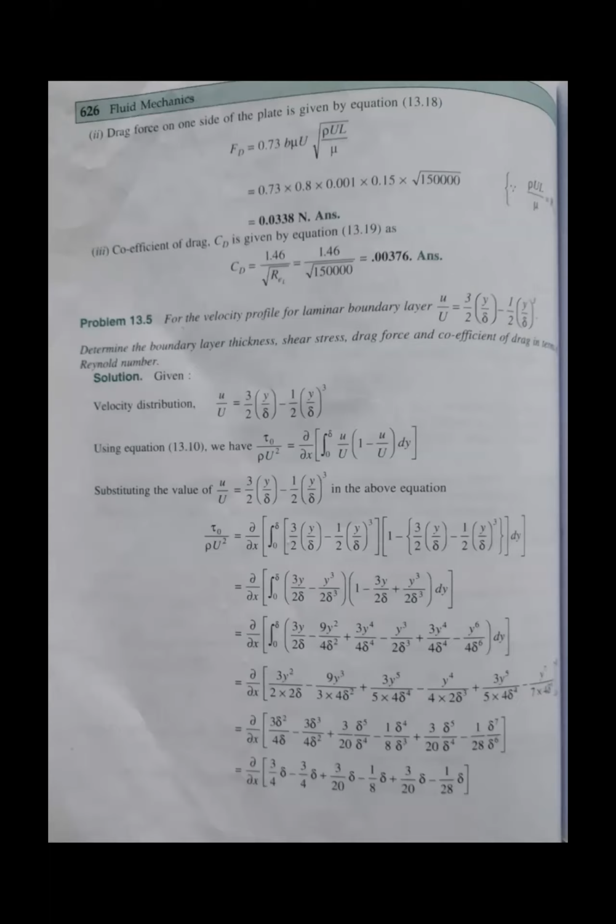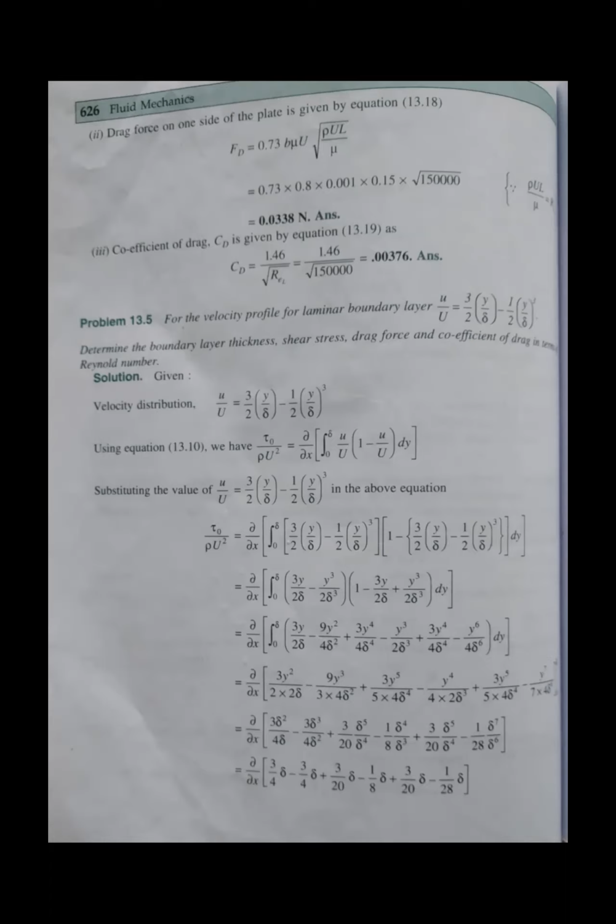So when limits are applied from 0 to delta, in place of y you have to substitute delta once the upper limit is substituted. And in place of y, 0 is to be substituted once the lower limit is substituted. Because all the 6 terms have y in them, for the lower limit all these 6 terms become 0 and it has no value. So only the upper limit is to be applied, and therefore with the upper limit, if you substitute delta in place of y